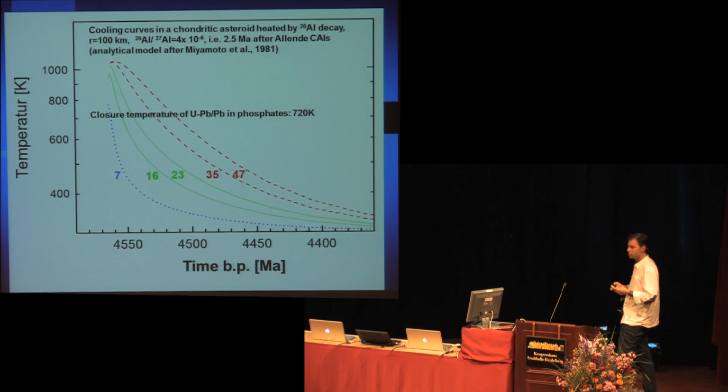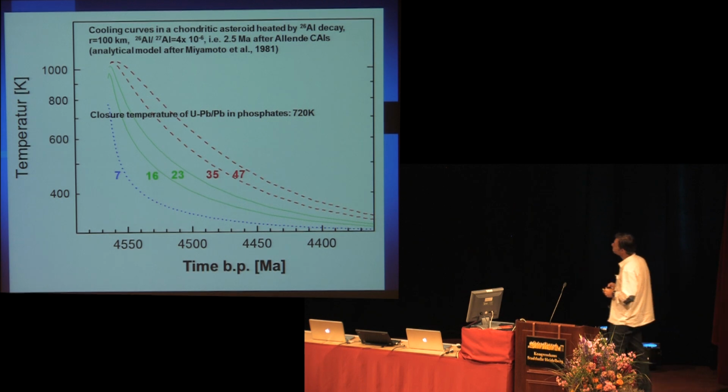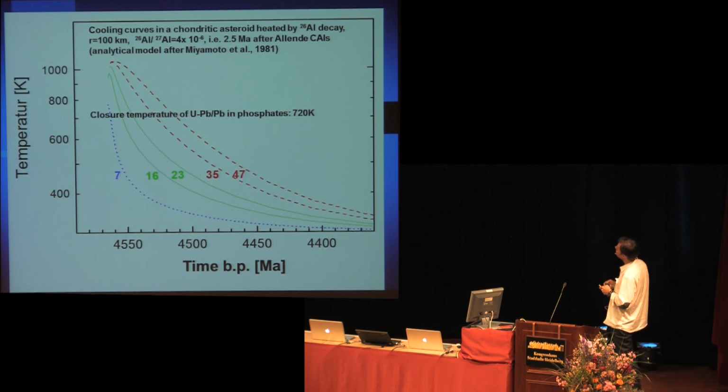This can be done by radiochronometry, by dating meteorites with certain radiochronometric methods. For example, it's important to know in this respect that the age of a meteorite is not just a point of time when the meteorite formed. When a meteorite cools slowly, then we speak of cooling ages. For example, if you date phosphates in which uranium is concentrated by the uranium-lead method, then you date the point of time at which the temperature fell below a critical value of approximately 720 Kelvin, which is called the closure temperature. At or below that temperature, the diffusion of lead with the surrounding minerals is inhibited.